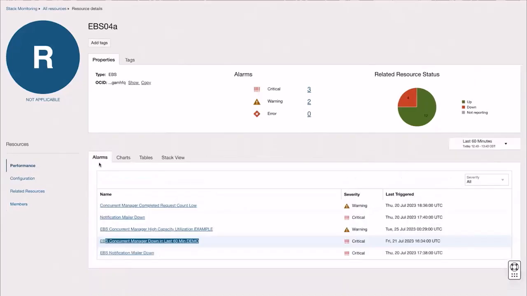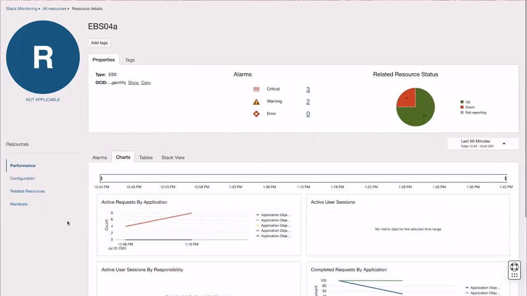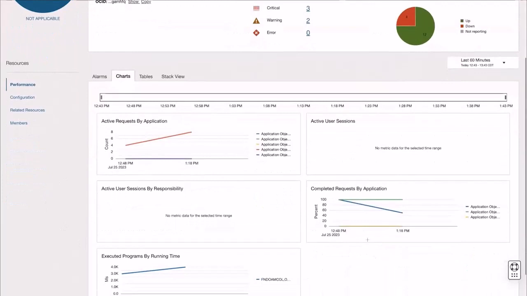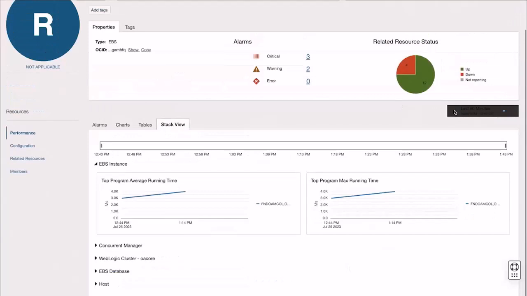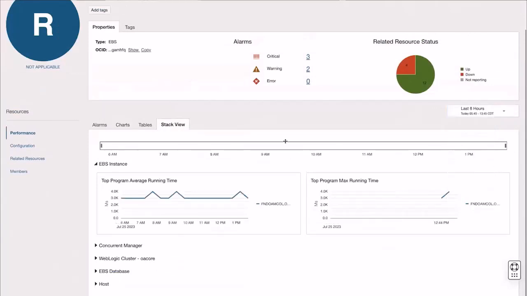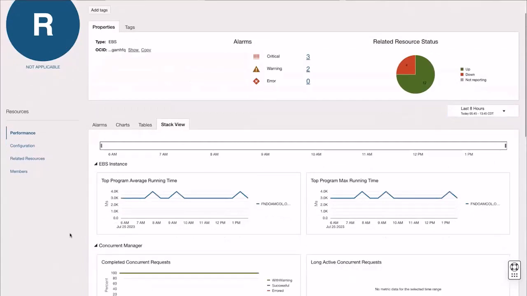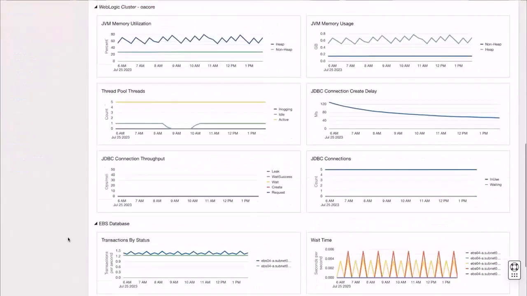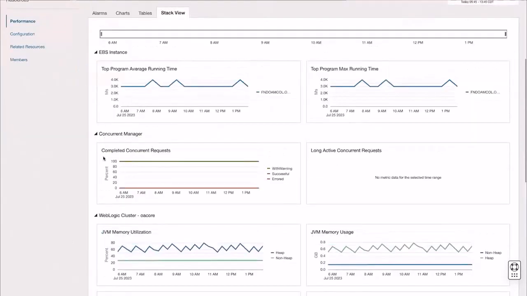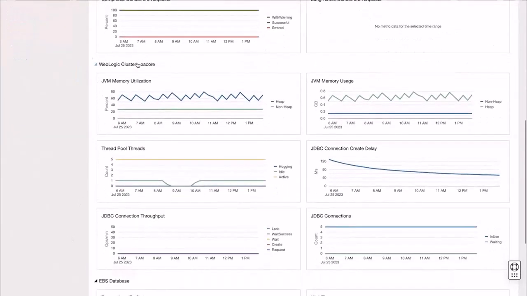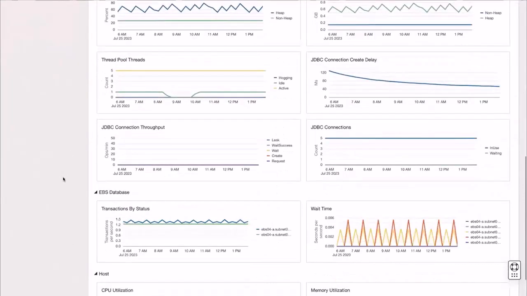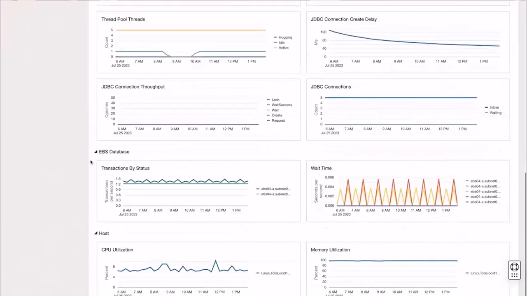And when it does that, it does something even more fun. So, of course, we've got charts that are related to the EBS system, right? How many completed requests by application or executed programs by runtime. But what's really cool is Stack View. And we mentioned this in the very beginning, those disparate systems and not having an understanding of how one application impacts the other. But now we can come in and easily see from the EBS instance, concurrent manager, the WebLogic cluster, specifically the OA core, the heart of EBS, and Oracle database and hosts,